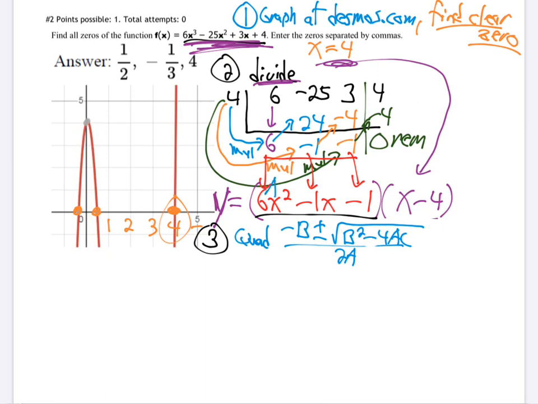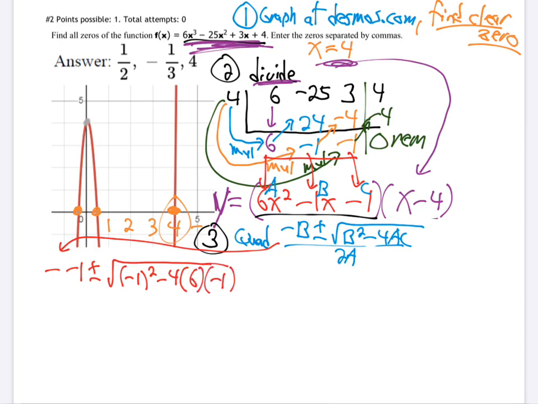And this is my a, b, and c. So what do we have? Bring it over here. Negative b, negative 1, plus or minus the square root of b squared, minus 4 times a times c